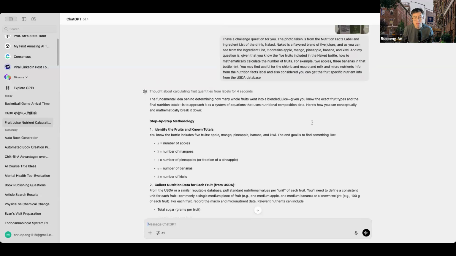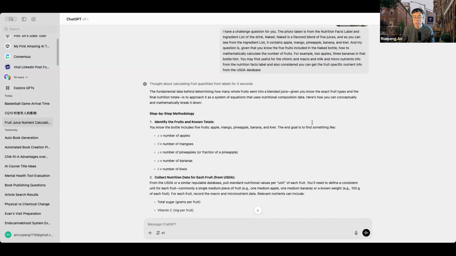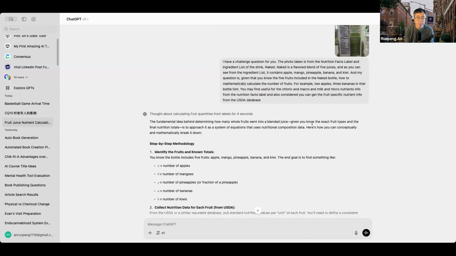So the juice or the pure format of those vegetable and foods may not have the same nutrition portfolio compared to the whole fruit and the whole vegetables. So therefore, it is an extremely challenging task to figure out.